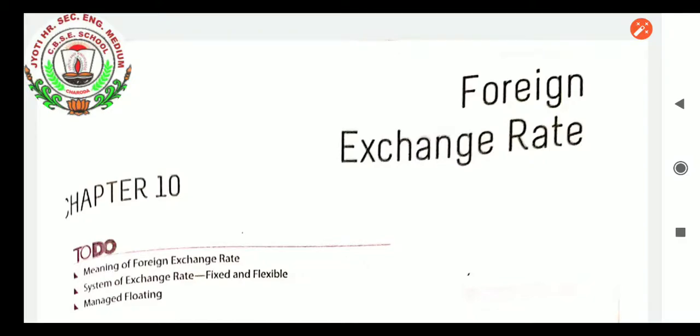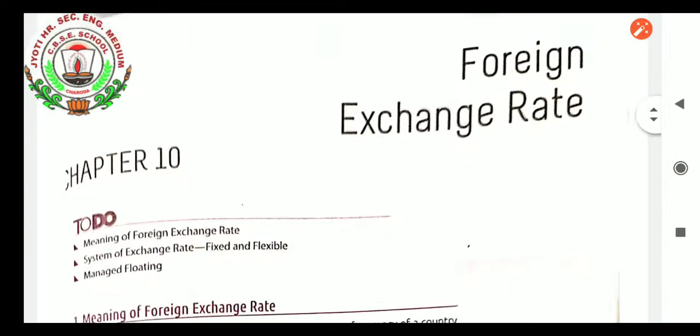Today we are going to learn a new chapter, that is foreign exchange rate. Actually, in the syllabus, it is given in the open economics topic for term 1. So it is to be calculated in the term 1 portion with the balance of payment chapter. After that, it has been added, so because of that, it has to be introduced to you. So I am making this video for the explanation of foreign exchange rate.